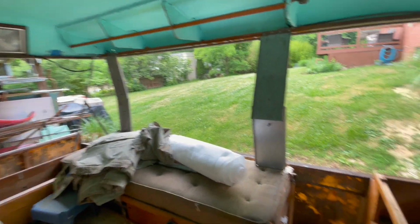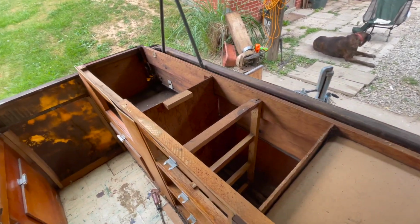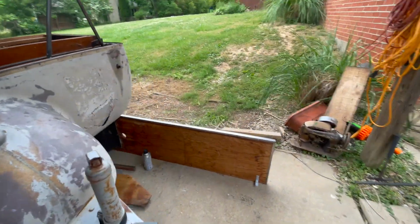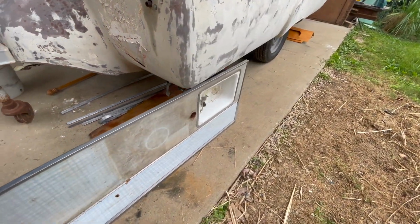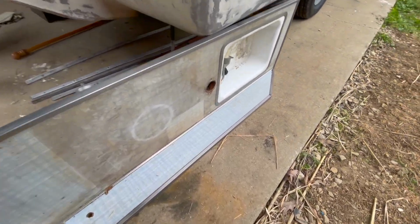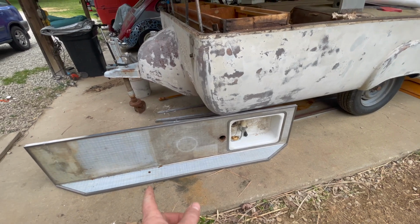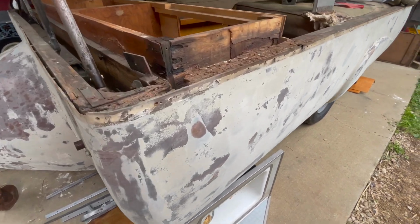But this is where we are. I just took the cabinet top off, the countertop, and it's in pretty decent shape. It's definitely reusable. I should be able to just clean it up, even if it's sun faded a little bit. It's got a little bit of punkiness there where the edge of the sink is, but that's kind of to be expected on these old campers. I think it might clean up. It kind of had a blue. And the one that's up at the Camper Museum was exactly that same print, but it was kind of a peachy pink color. So that's definitely an original piece. But all the rot is just...